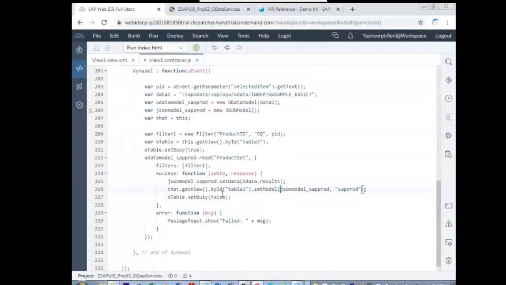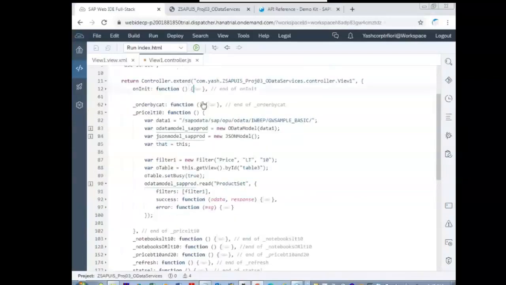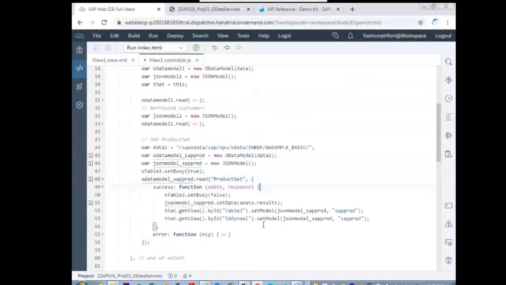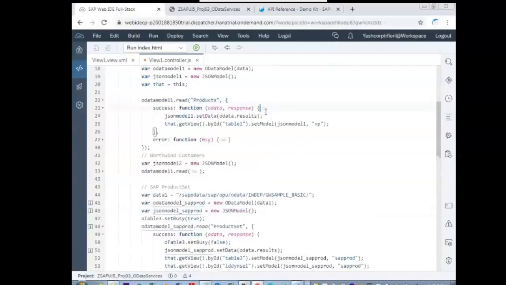For the SAP table, we have provided the reference as SAP PROD. For the Northwind products or Northwind customers, there is a separate reference.